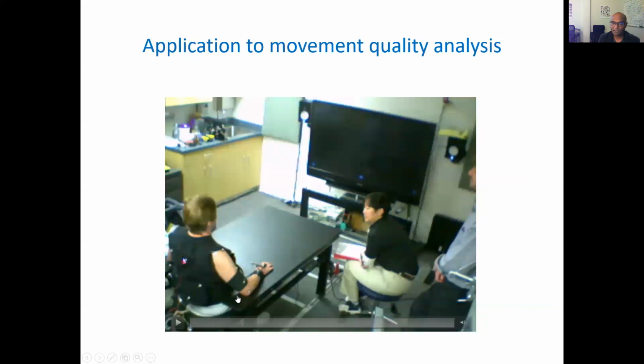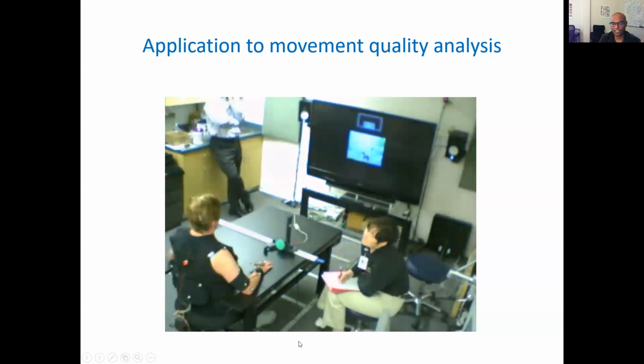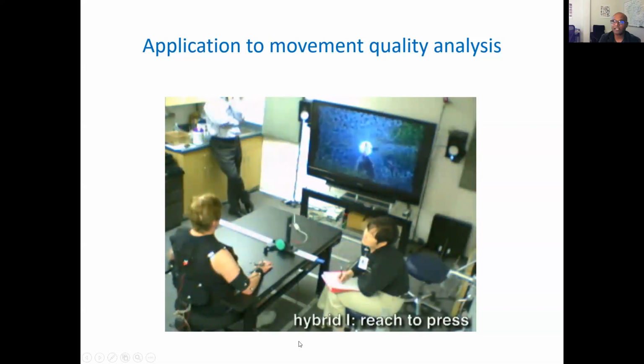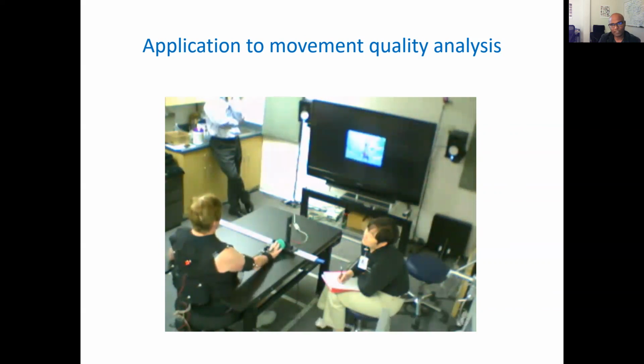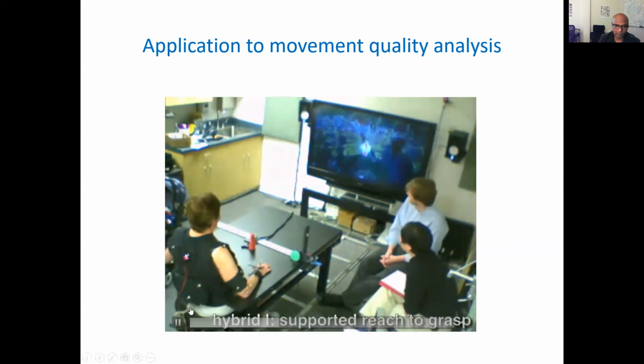We wanted to apply similar things to a stroke rehabilitation application. So here is a video of a motion capture session for someone who had suffered stroke. And we have all these motion capture markers attached to the body. We are looking at the wrist and how its movement is when you reach out to grasp an object. I'll try to share the video. You may not get the audio clearly, but you will see the person trying to reach for an object on the table. And the manner in which they reach indicates different kinds of deficits, and it informs the therapist's protocol that they want to apply for this person going forward.